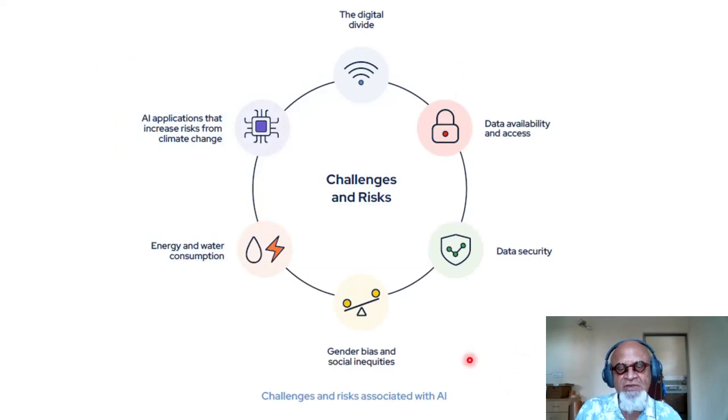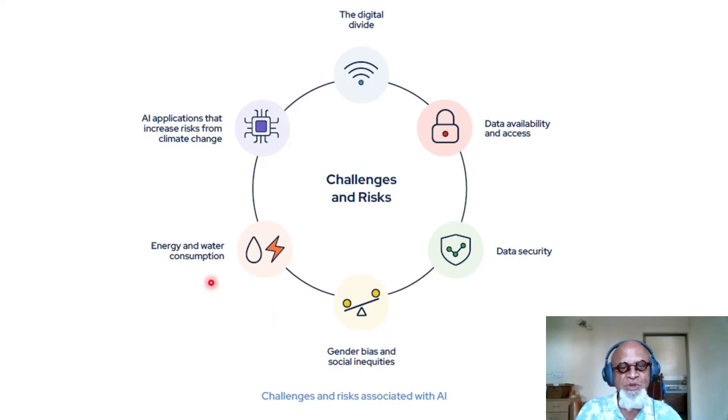Challenges and risks associated with AI, you have to always worry about this. The digital divide, so the rich-poor divide, lack of information access, etc., can be a problem, plus privacy. So data availability and access, open sourcing, and people have to be aware that they're contributing and what it's being used for and how they benefit from the data that's collected on them. So data security and privacy come in there. Gender bias and social inequities, of course, always a concern, but especially when data is being gathered without them often even knowing that data is being gathered on them.